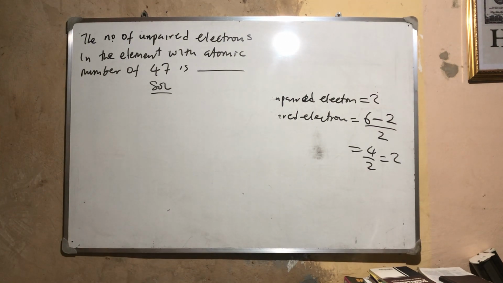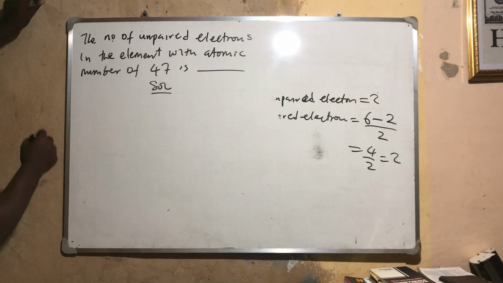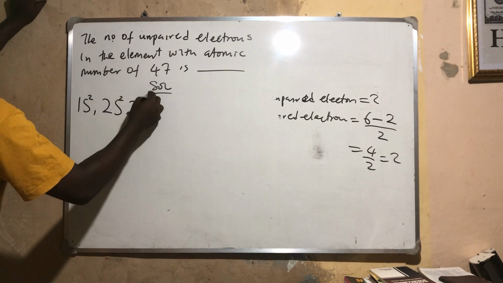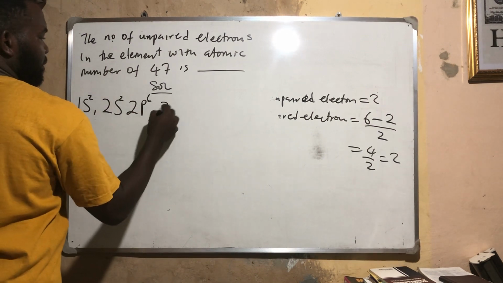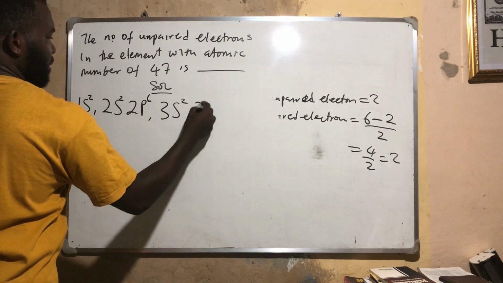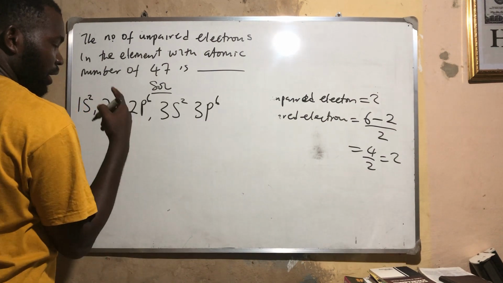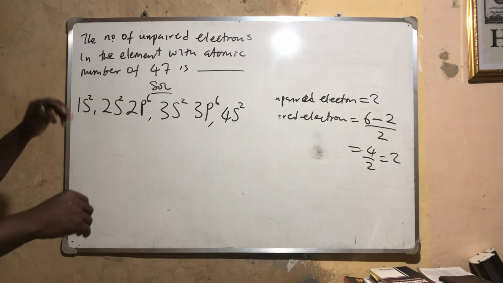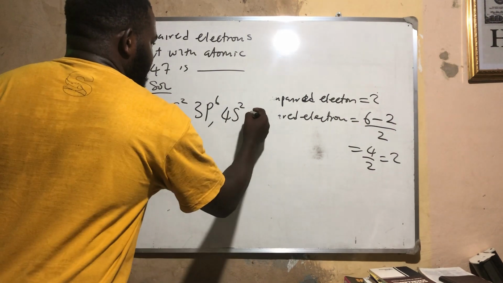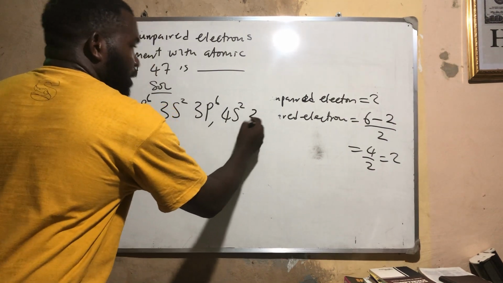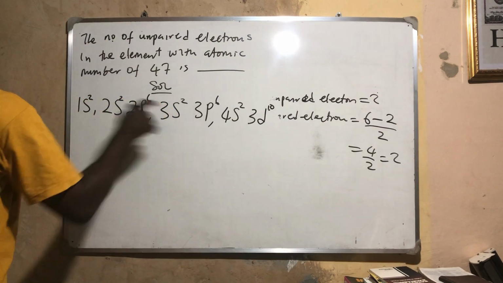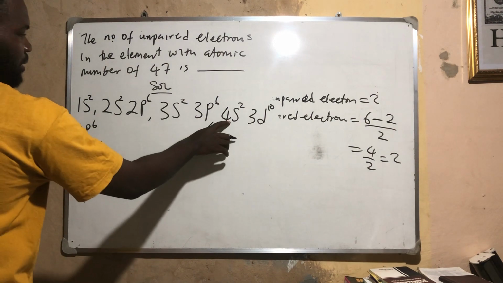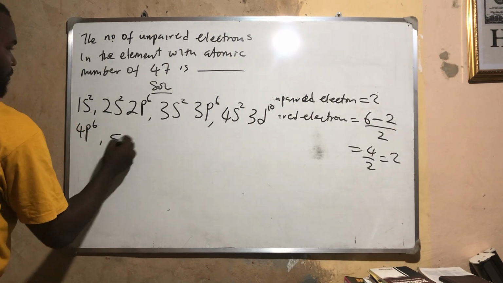Before you calculate the number of unpaired electrons, you have to write the electronic configuration first. So I have 1s2, 2s2, 2p6. You close. You increase this one by 3s2, then by 3p6. D is not coming here. So you now increase this one by 4s2. Do not forget that D will enter immediately after 4s, and it's entering with 3, so 3d10. Then increase the last one to 4p6. We close here and start increasing again: 5s2,